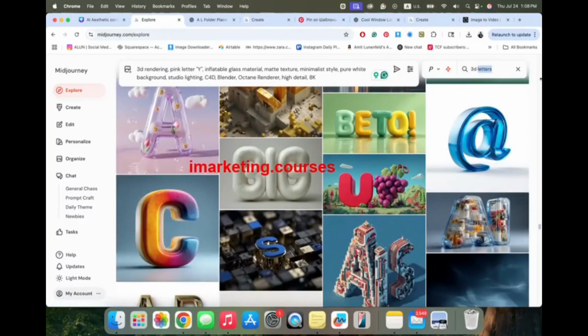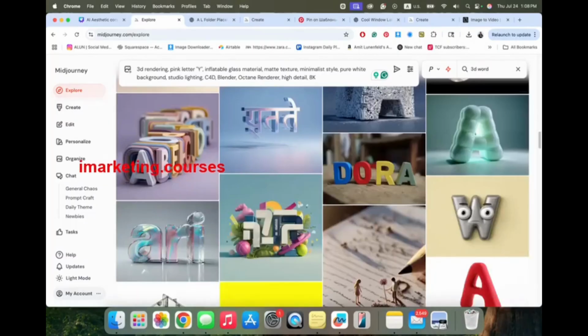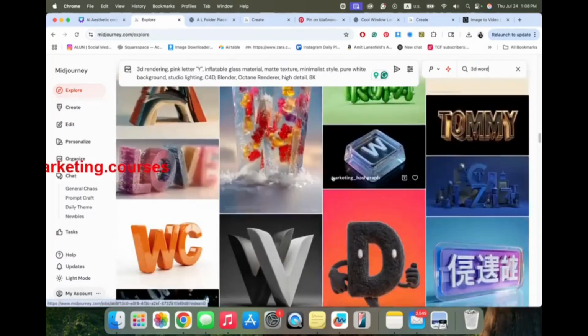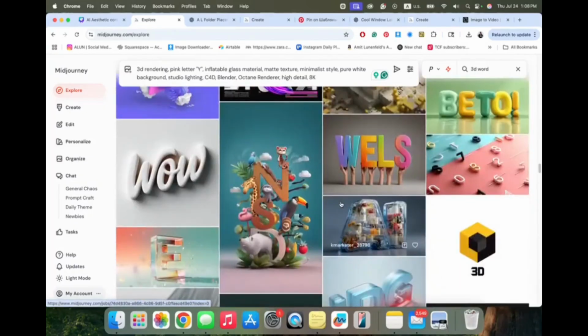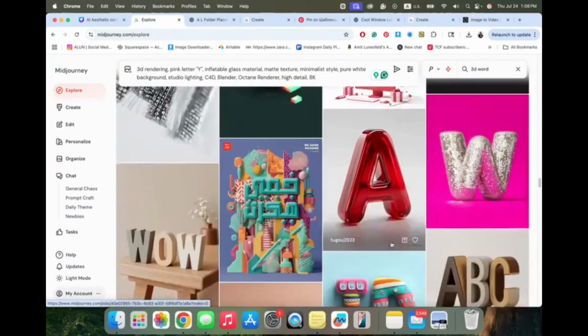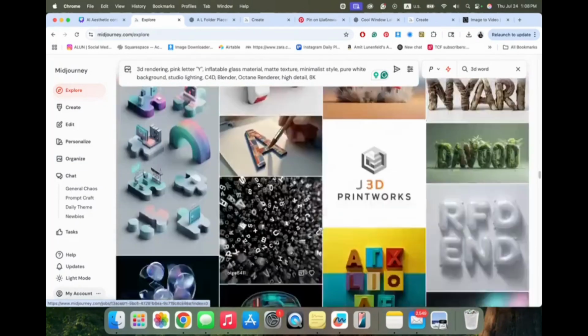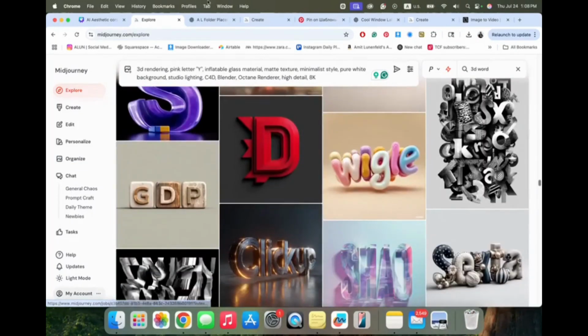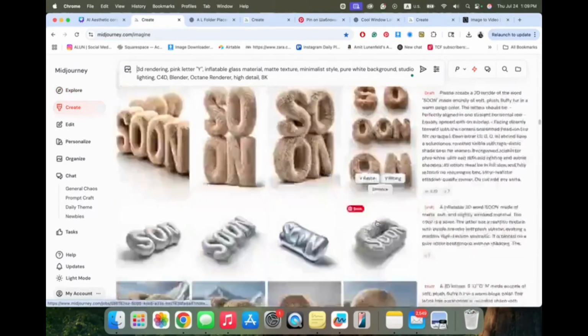Another thing you can do if you want to write an entire word, which AI still struggles to create, is this. The way I approach it is to create single letters separately and then take them to ChatGPT and create something with them. I'll show you in a sec. Let me show you some of the things I created for you to explore and see more options.